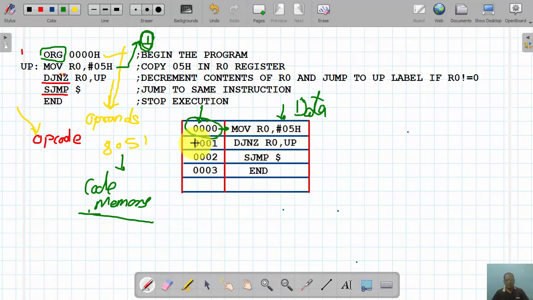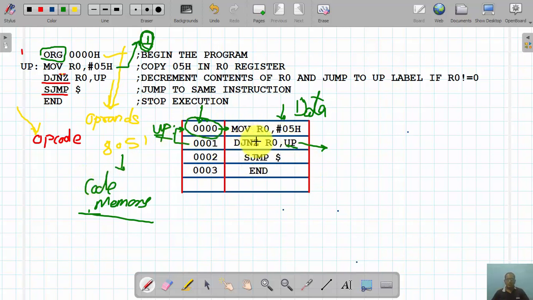At the next memory location, 0001, I store the next instruction, DJNZ R0, up. And where am I providing this up label? To the instruction MOV R0, #05. This up label jumps to memory location 000H. This label indicates a memory location where my program should be transferred when this condition is executed.